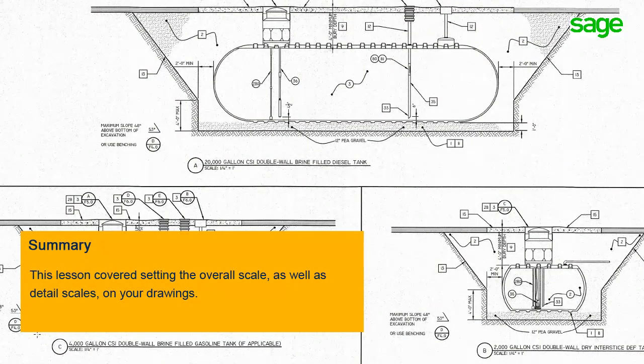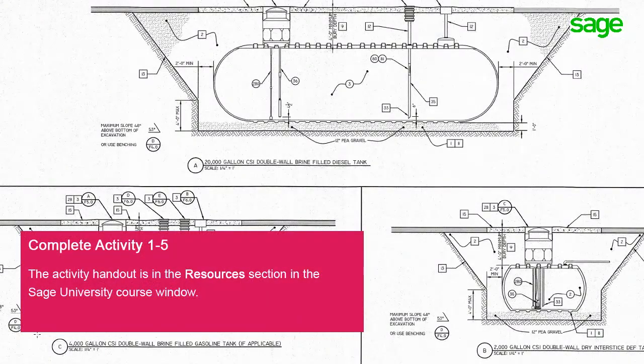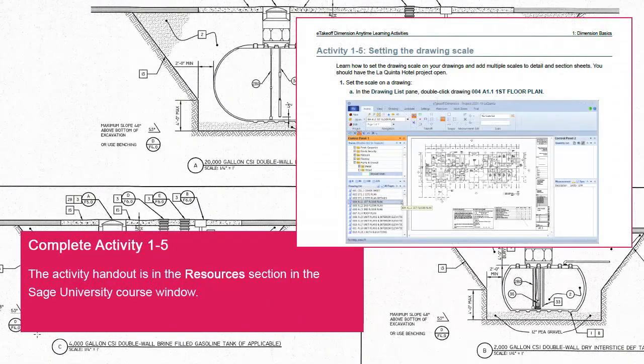This lesson covered setting the scale on a drawing, calibrating the scale, and adding detail scales to sheets with multiple sections. Before you move on to the next lesson, take some time to complete the activity so you get some practice in how to set drawing